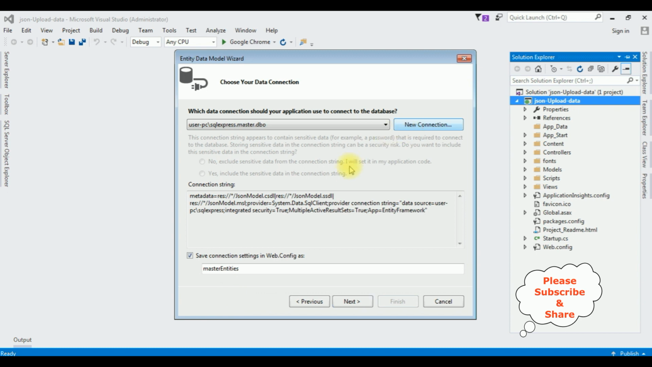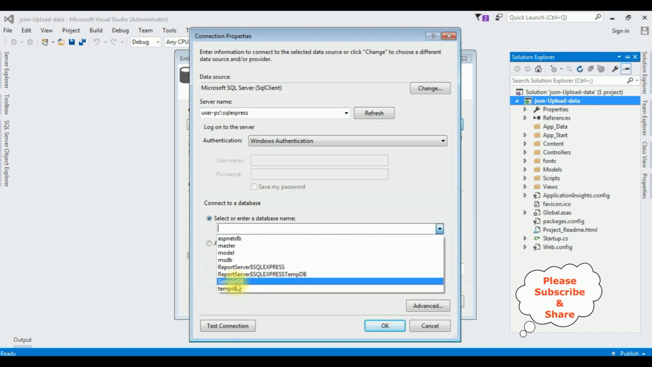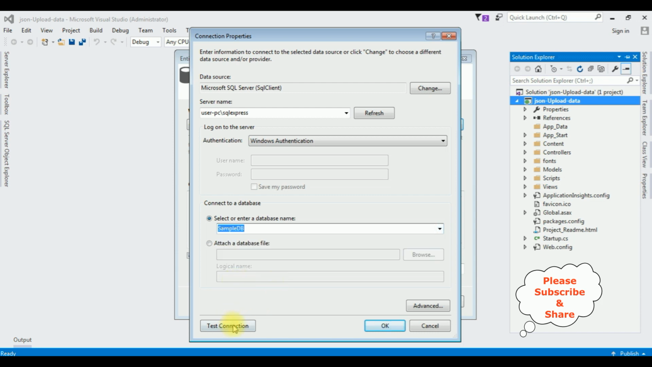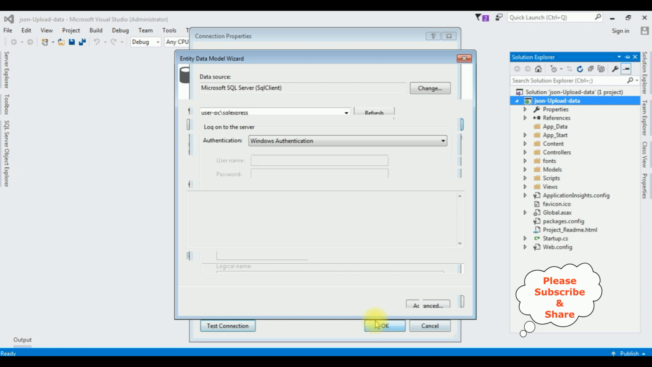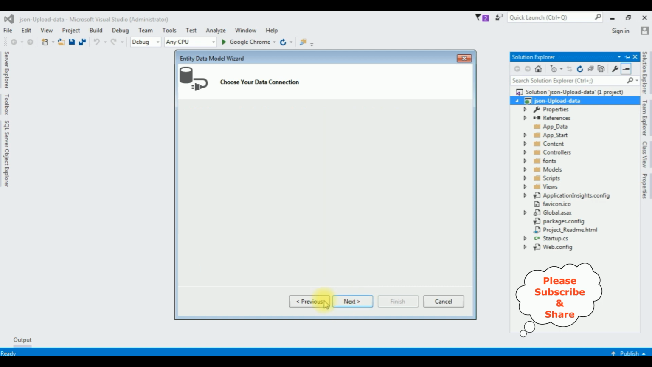I'm creating a new connection. The server name of SQL Server. After adding the server name, I'm selecting the database name. Sample DB is my user database. I'm selecting that one. Test connection succeeded. Okay, okay. And the connection string is created for the sample DB database. And I want to save this connection string in the web.config file. Next,